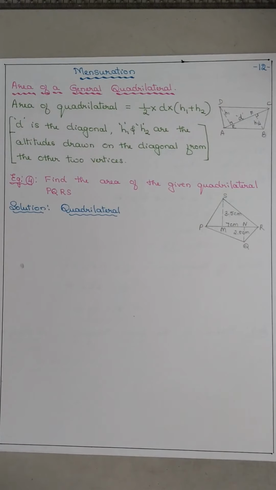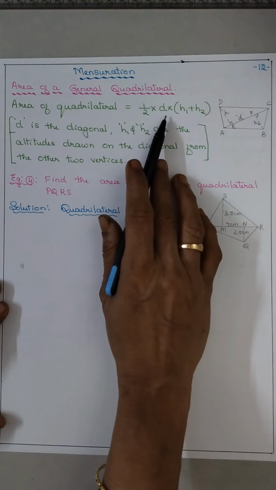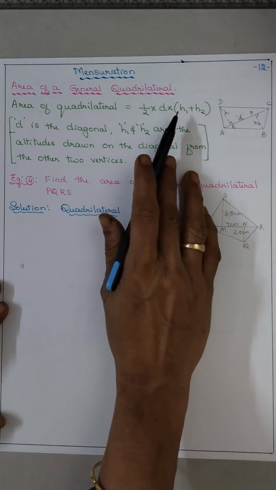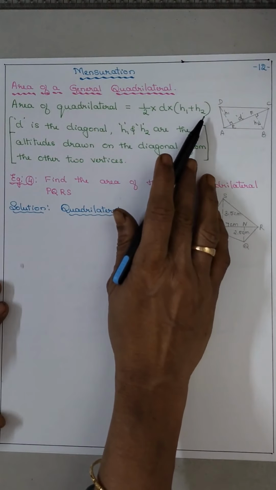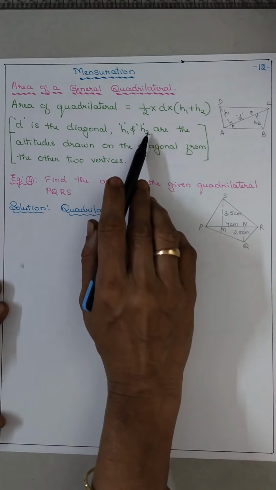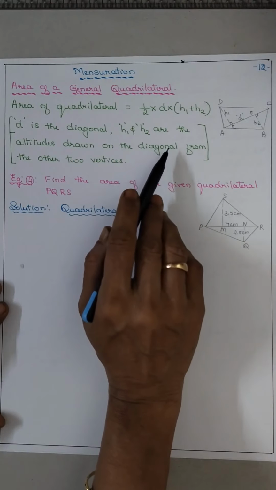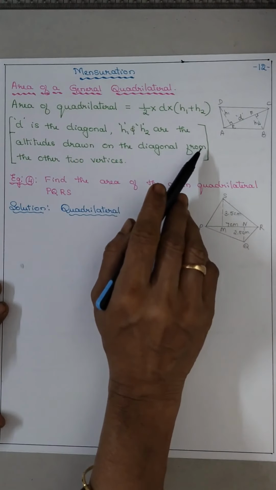So the area of a quadrilateral is equal to half into D, that is the diagonal, into H1 plus H2. D is the diagonal, H1 and H2 are the altitudes drawn on the diagonal from the